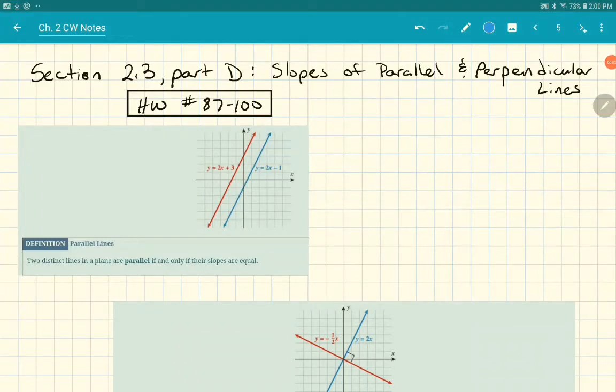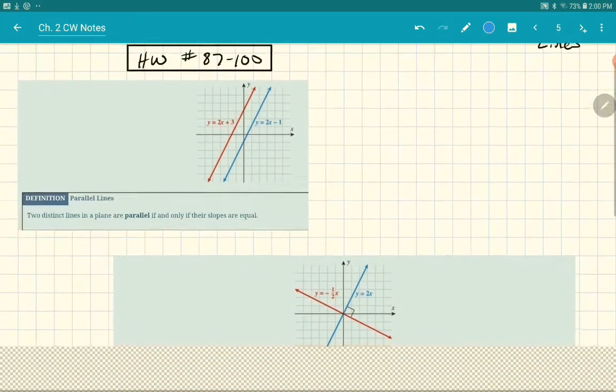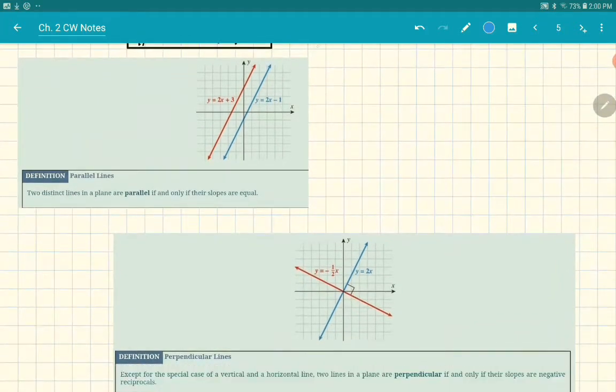Section 2.3, the next part we're going to do slopes and parallel lines. Slopes of lines that are parallel or perpendicular and how to make an equation with that information. So the slopes of parallel lines, looking at this box first,